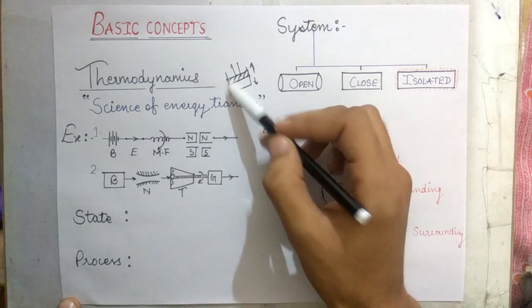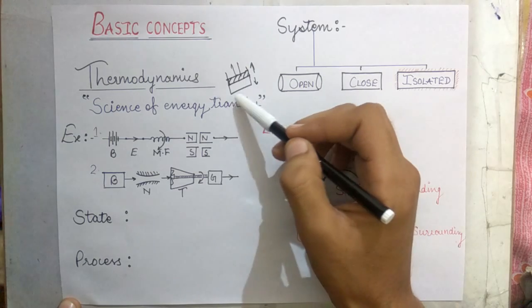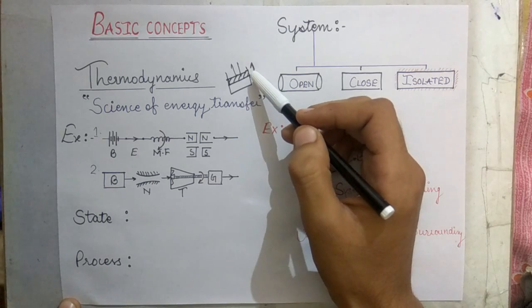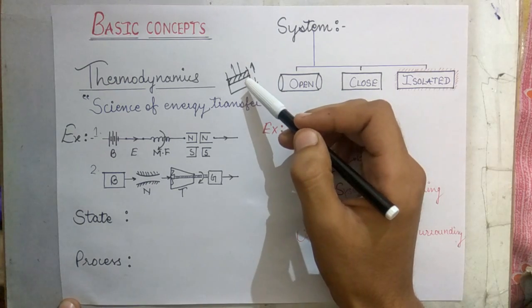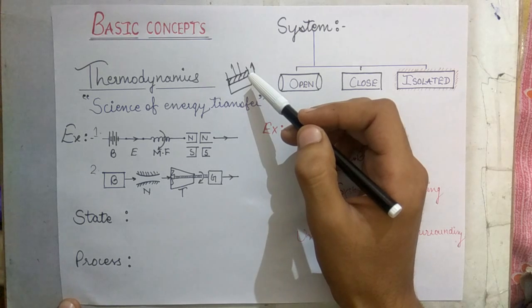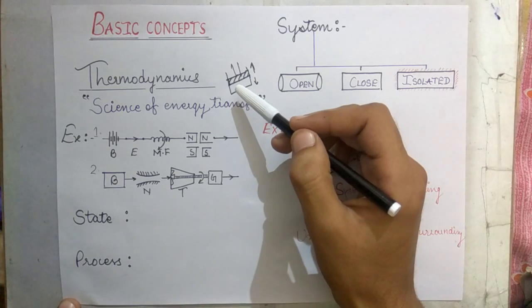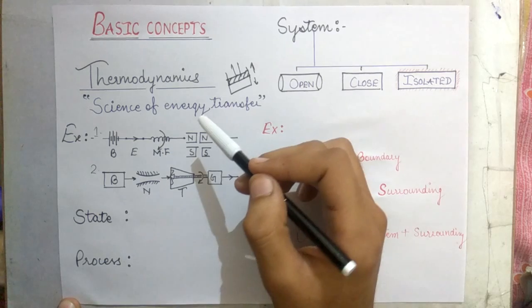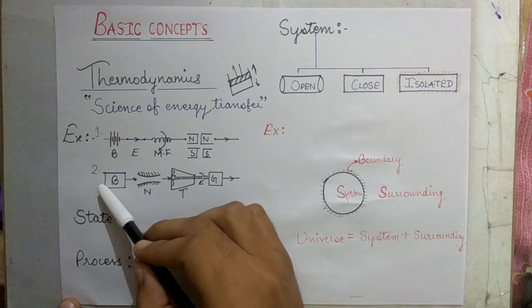Suppose here I have a piston which is doing a reciprocating motion upward and downward. Due to its sliding parts, what will happen? Friction will be produced and heat energy will go to the surroundings. So we are getting heat energy from mechanical energy. So here is how energy transfers into different energy. This is our second example.